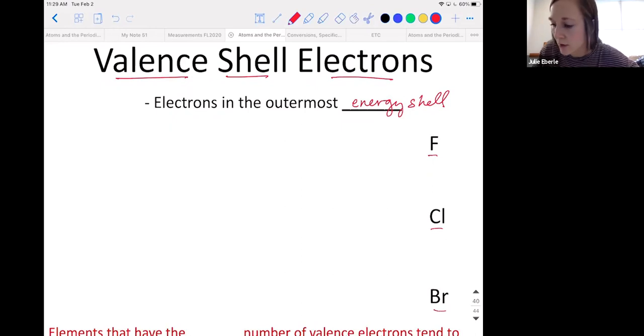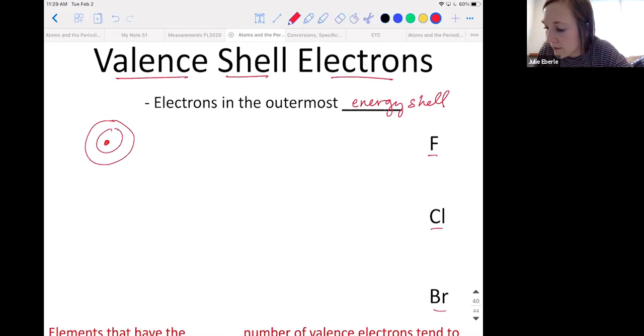Let's draw a picture of fluorine. I'm going to draw my nucleus for fluorine. And how many energy shells should I draw for fluorine? How do you know? You look at what row it's on. What row is fluorine on? How many layers to my fluorine onion or atom should I draw? 2. Okay, Keyshawn says 2. So boom, boom. There's fluorine.